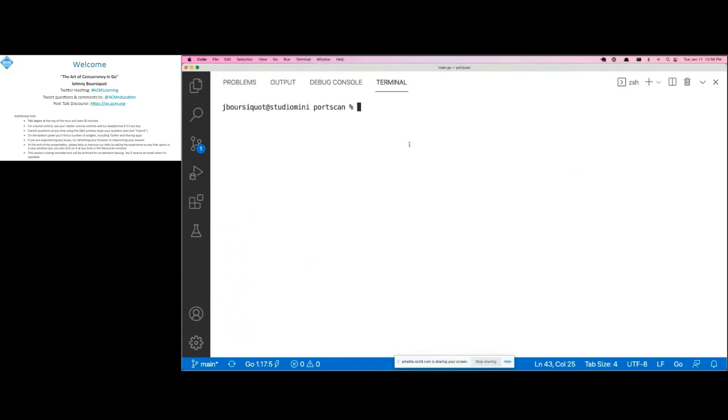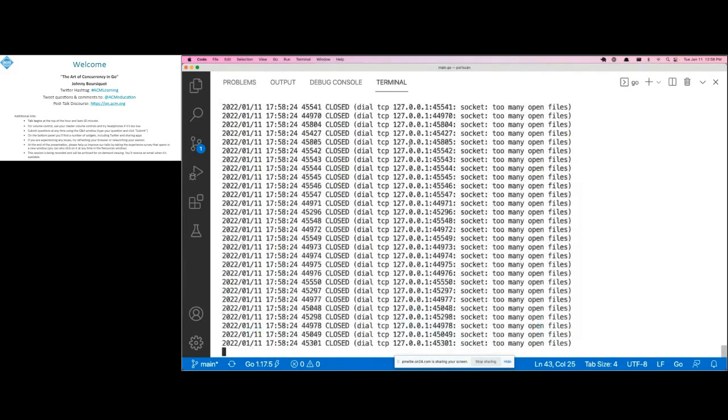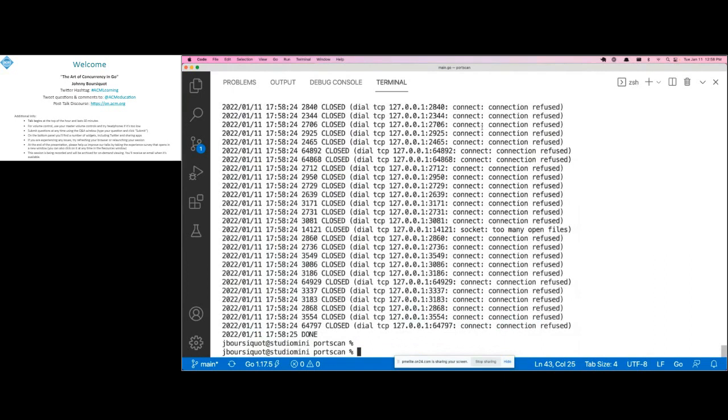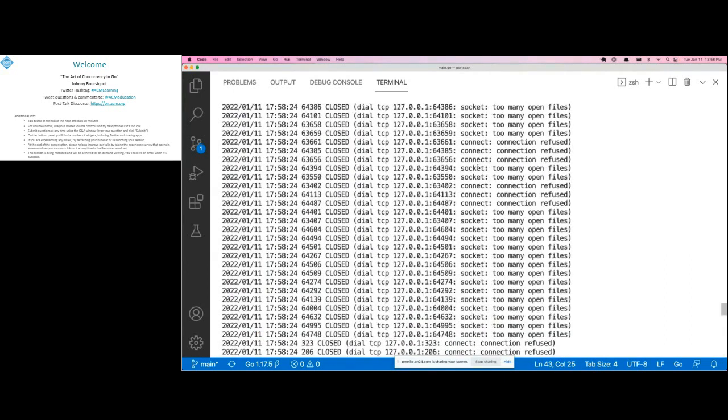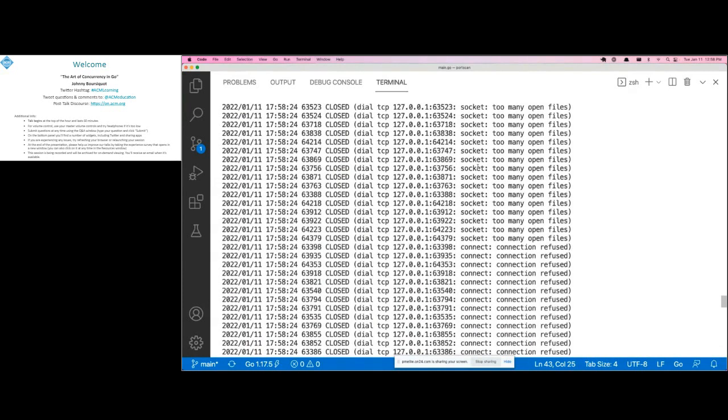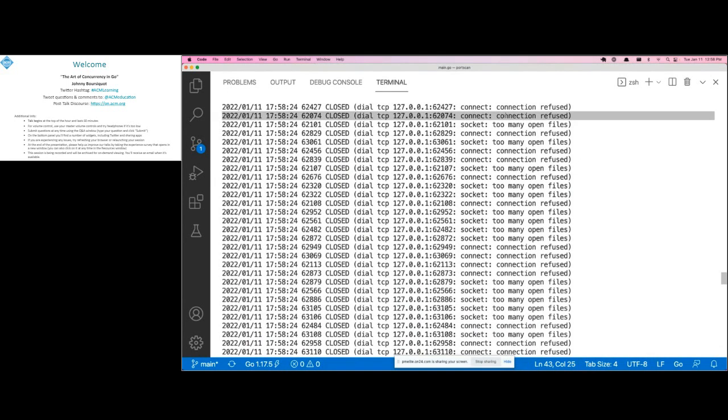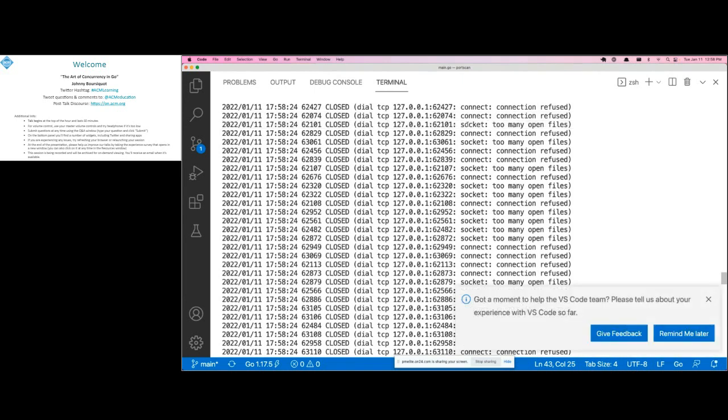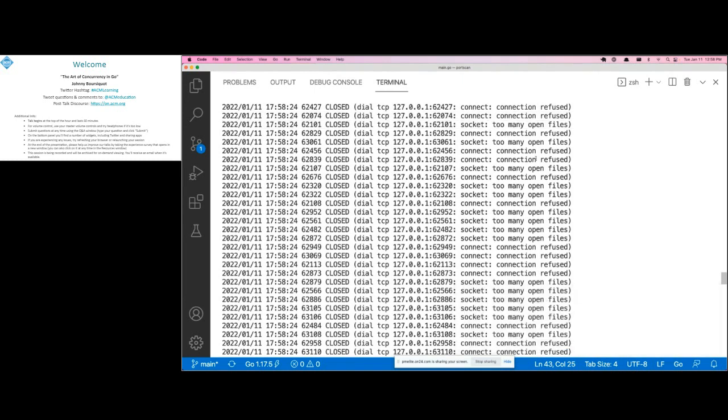I think I prematurely ended the execution of the program. All right, there you go. I think we saw some of the bad things that happen when you have too much concurrency. So you see, as we were iterating through our scanning process, some of these things were behaving as we had intended, but we also ran afoul of the operating system here, because what started to happen is that the OS started to tell our executing program that, hey, buddy, I know you're trying to get a lot of things going here, but you actually have too many file handles open. This is our operating system guarding itself from our program, which is sort of going haywire